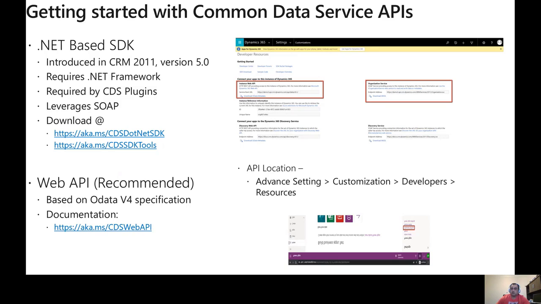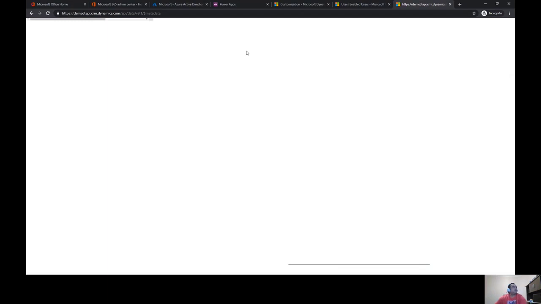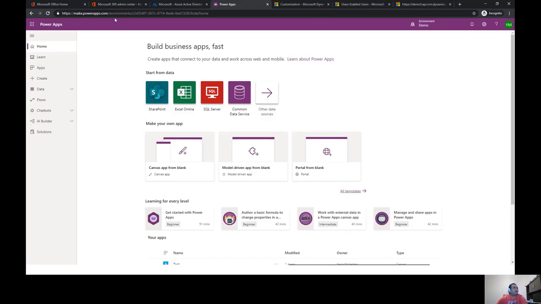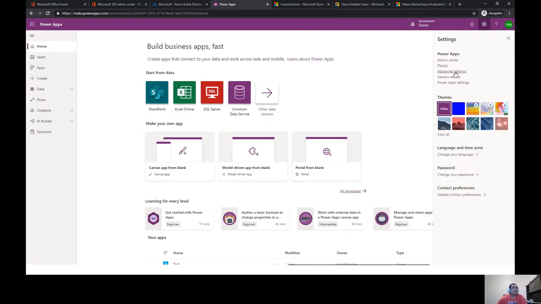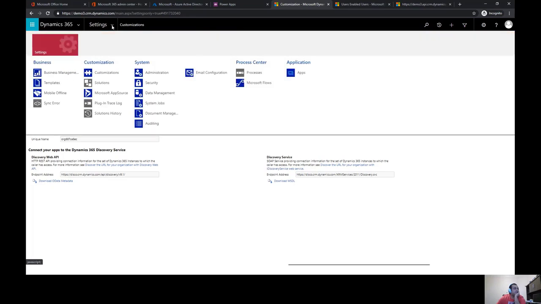Let me quickly show you where you can access these APIs and how they are available. If you go to make.powerapps.com and click on your advanced settings, it should typically take you to your Dynamics 365 CDS instance.